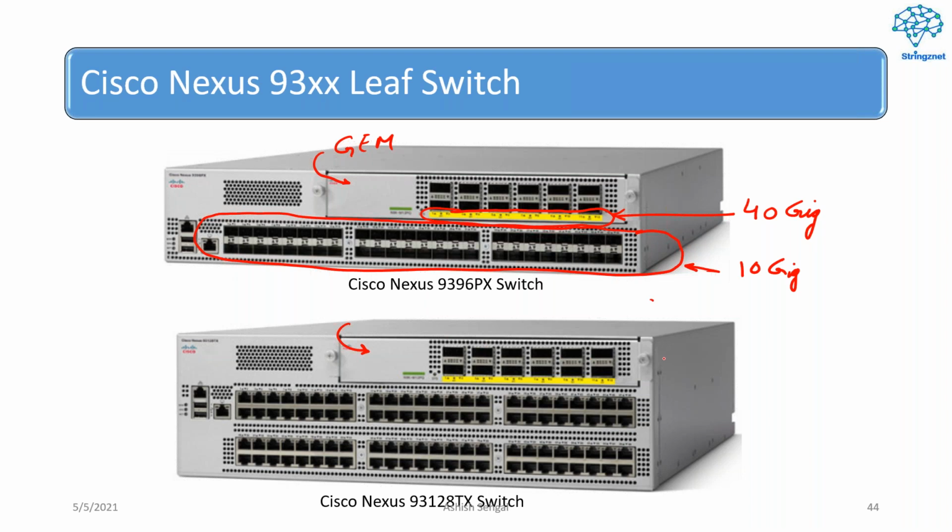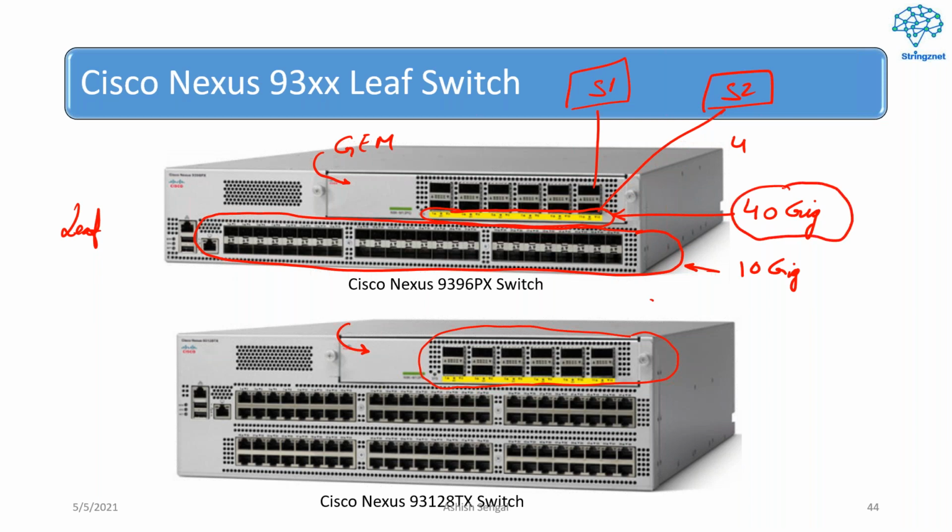However, this particular switch also has a generic expansion module. Guys, this is very important. Why is it so? Because with the help of this particular module only, this leaf switch is connected to the spine switch. Say spine 1 and spine 2. What I am trying to tell you is the leaf to spine connectivity is always